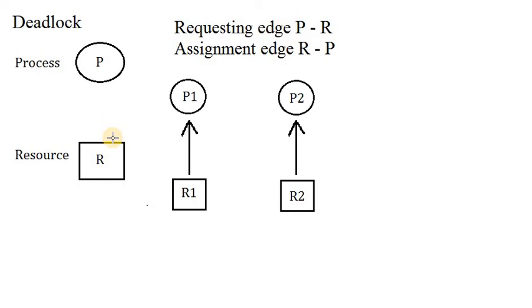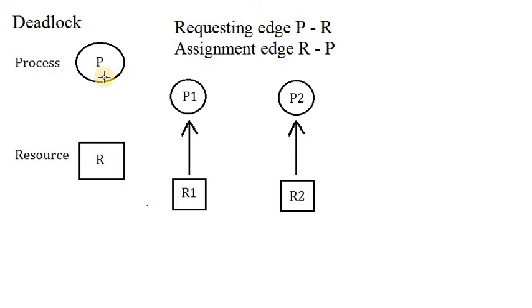Similarly, suppose the user needs to enter any input to the system. To provide some input to the system, we need a keyboard. So here the keyboard is an input device called a resource. So we have input and output devices as resources, and memory devices are resources too. Here the resource is denoted with a square or rectangular box, and the process is denoted with a circle.